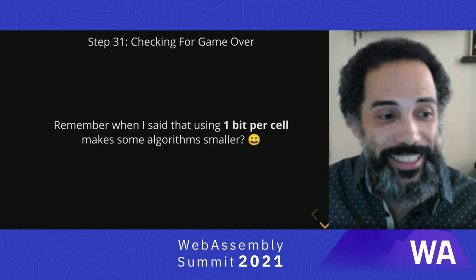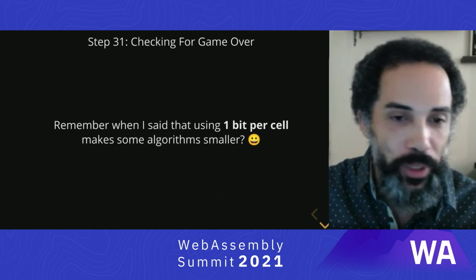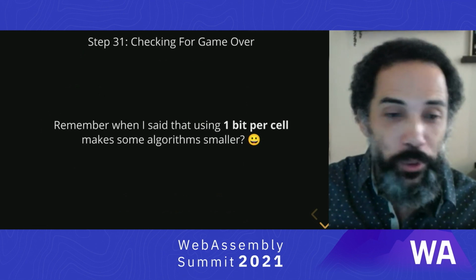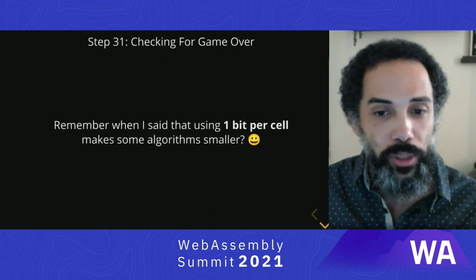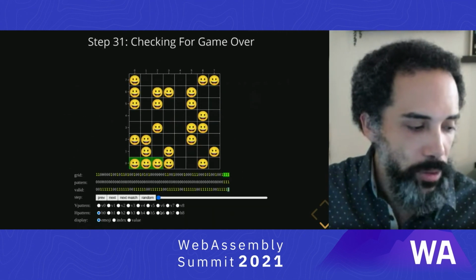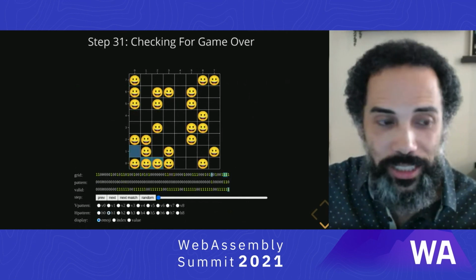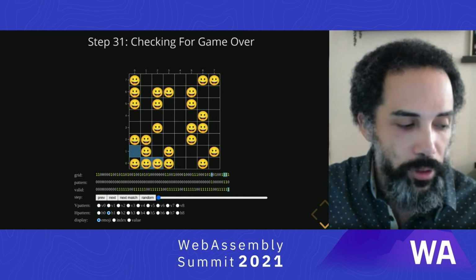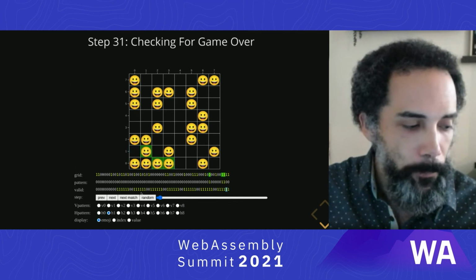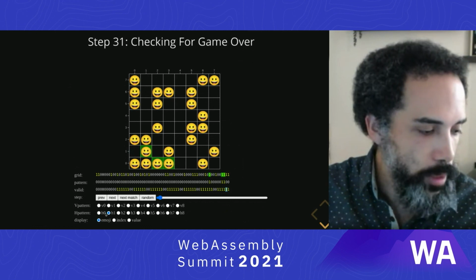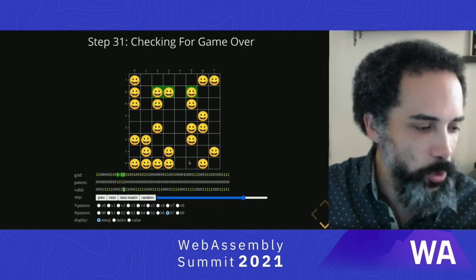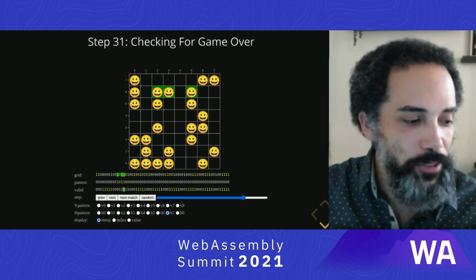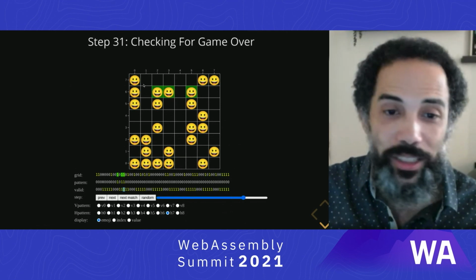Okay, one last thing, to go through really quickly: when we're checking for a game over, we can use the exact same matching technique that we use when we're checking for matches. And one of the cool things about that is that we have all these different patterns, but the code actually stays the same. So if we check for this pattern, now we're checking to see if there's anything that can swap this way. Let's see if I can find a different one. There's one. So what you can see now is that this is showing a place where I could do a swap and get a match.